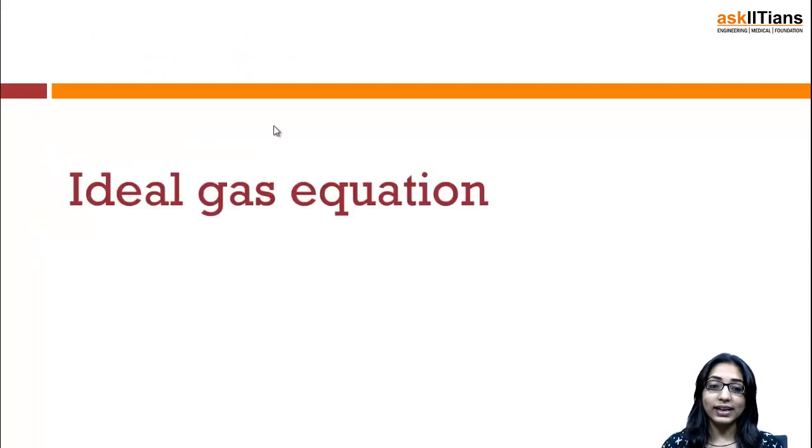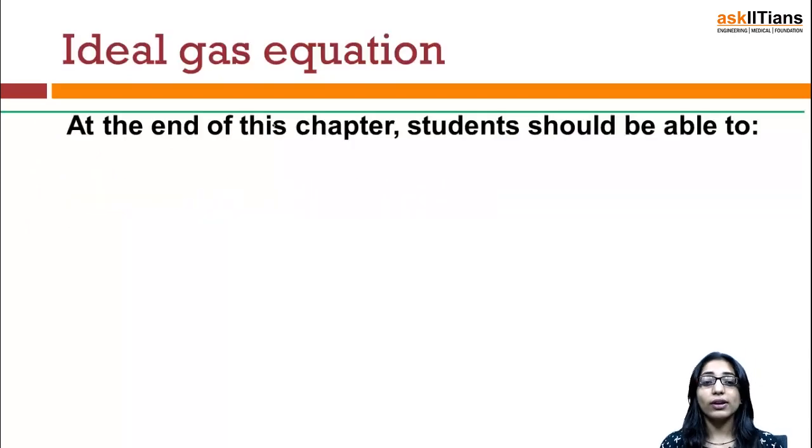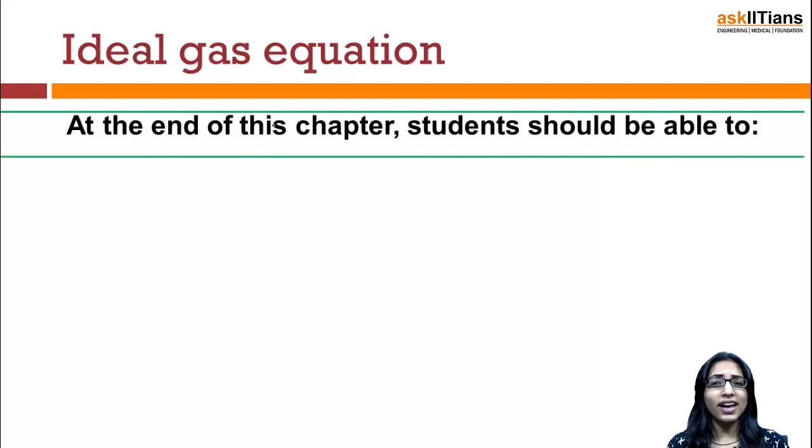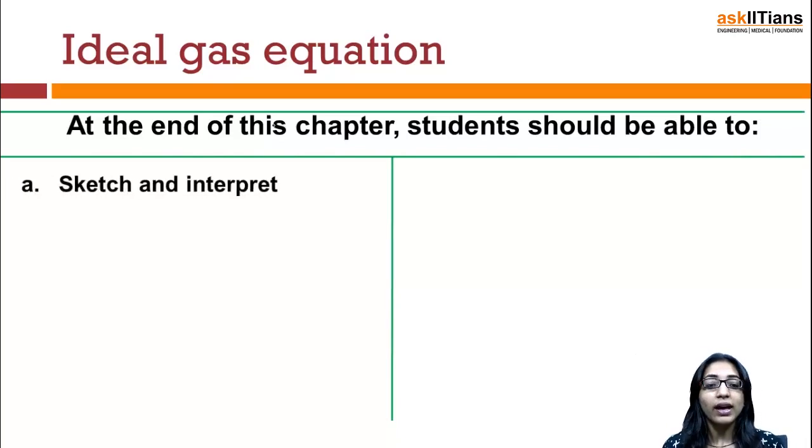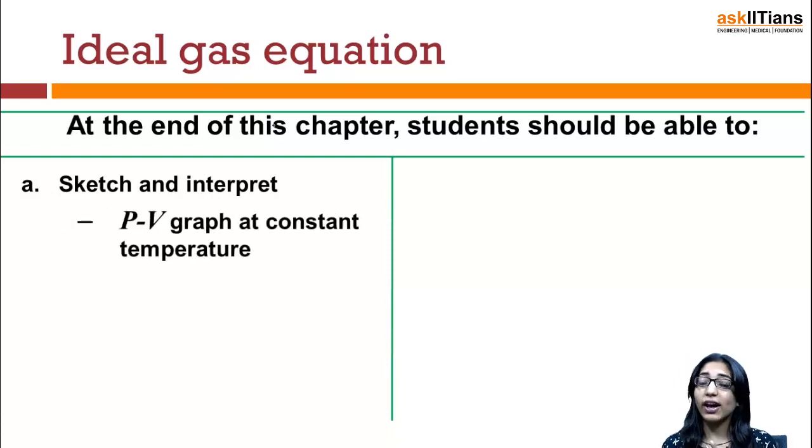Now, beginning with the first thing, let us start with the ideal gas equation. By the end of this chapter, you will be able to understand a few basic points. Let me summarize those points. First of all, you'll be able to sketch and interpret the PV graph. Once I tell you what we mean by pressure, volume, temperature for any particular ideal gas,